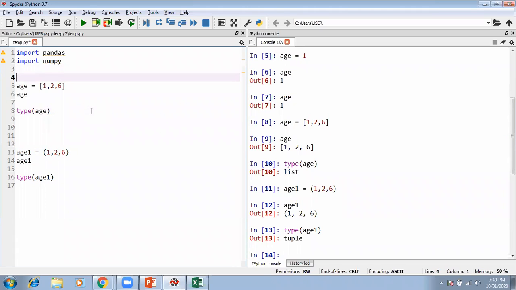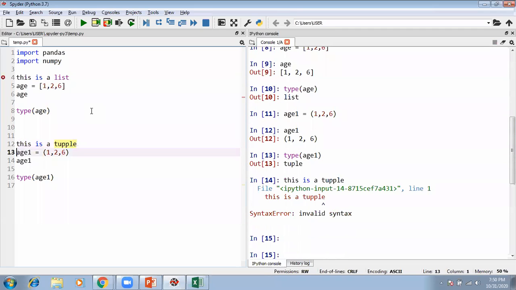It's a good time to tell you something also, right? What if I want to write something like this is a list, and over here I write this is a tuple, so that you don't forget it, you remember it. But again, by mistake, if I execute it, Python will give me an error, because Python understands this is not a code.